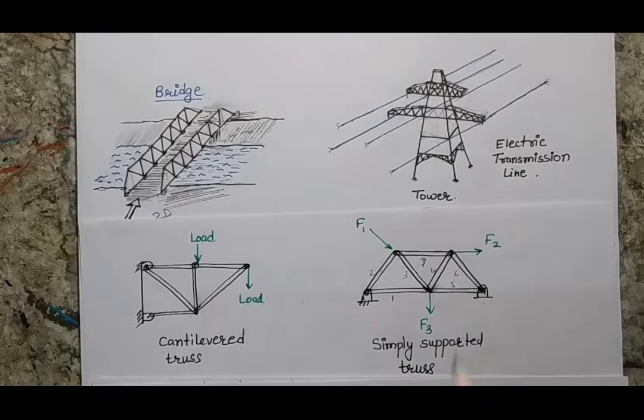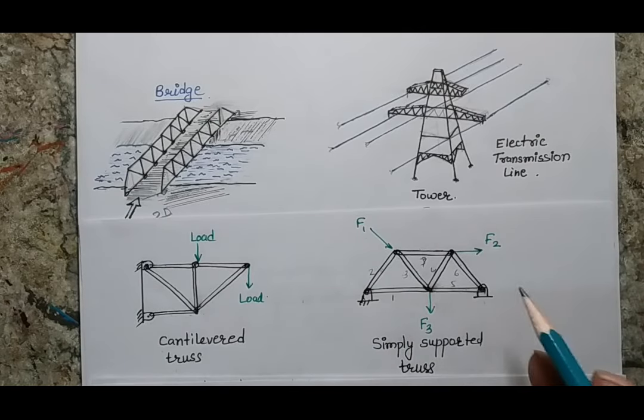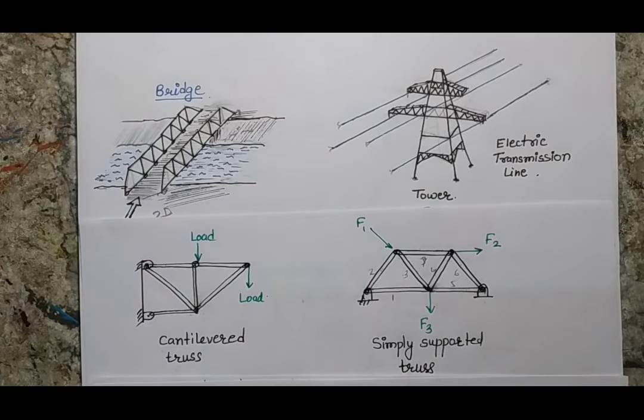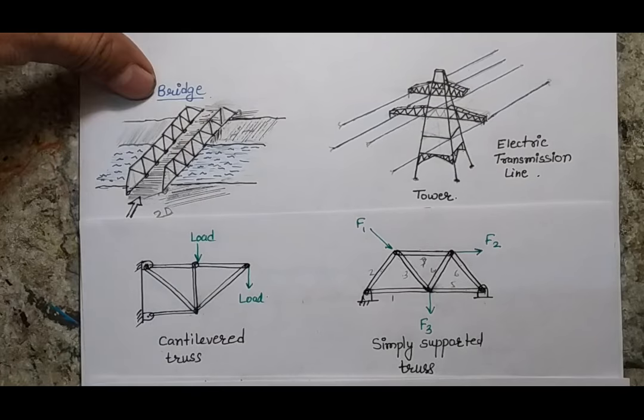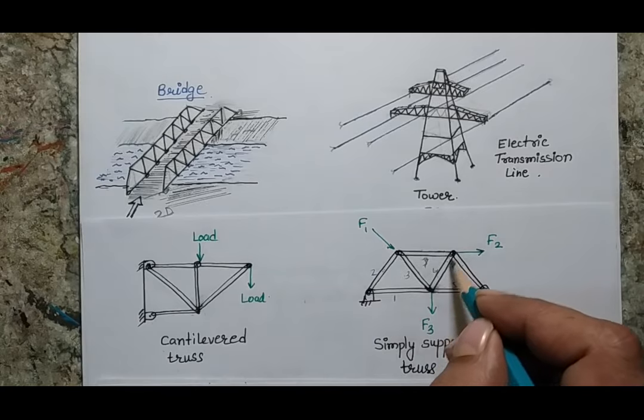Now you should understand that there are forces acting on this truss. It doesn't mean that all the members have equal forces, and the nature of the forces is also important. What I mean by nature of forces is that some of the members are experiencing a compressive force and some of the members are experiencing a tensile force. So we will try to understand how to find the nature of the forces as well as the magnitude of the forces. But we should understand that all the truss members are basically connected with two pin joints,